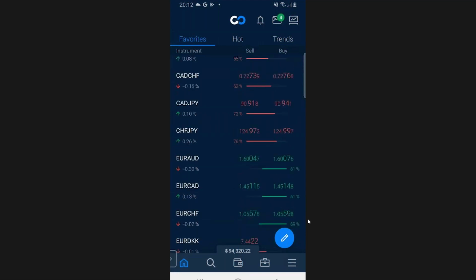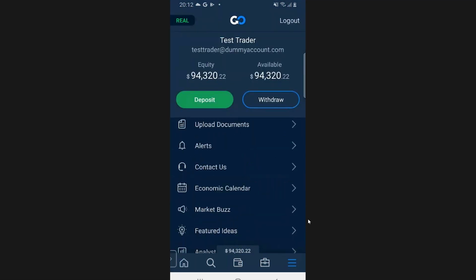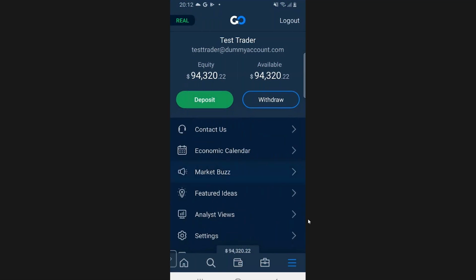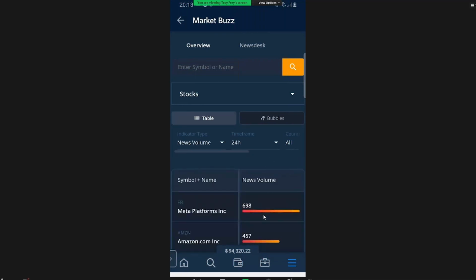Now, let's say you want to do some quick fundamental analysis on stocks, okay? European markets open, UK market, US market. You have a variety of stocks you can choose from, especially on our MT5 platform. So if you go to one of our advanced features like Market Buzz, which is found in this menu, you click on the tab and then scroll down. The tab there in the lower right is what I tapped on, and then in the menu I clicked on Market Buzz. It brings up the stocks that are trending the most.